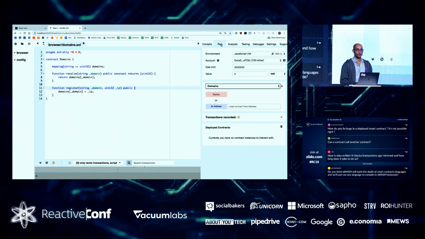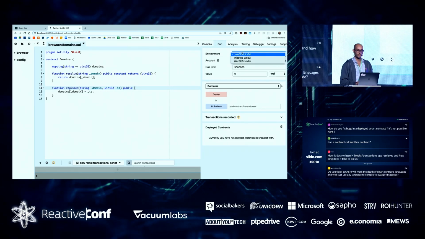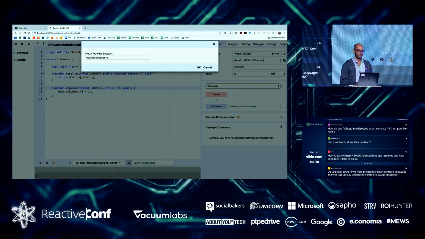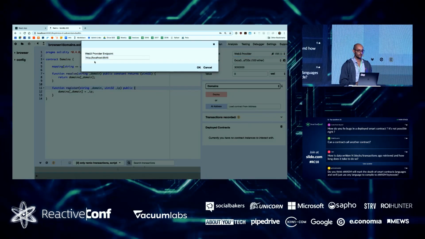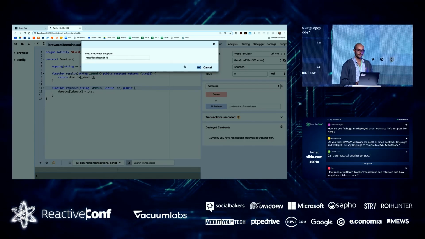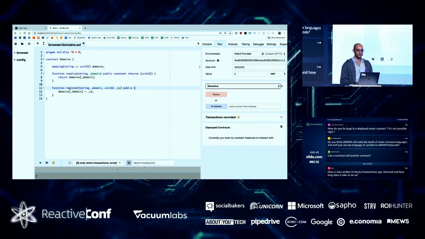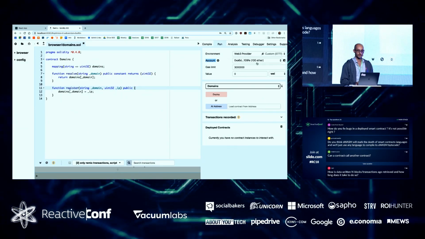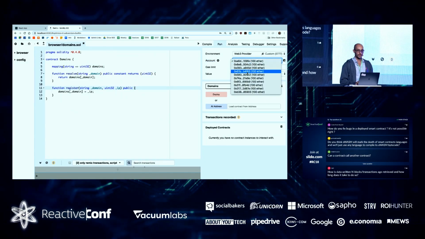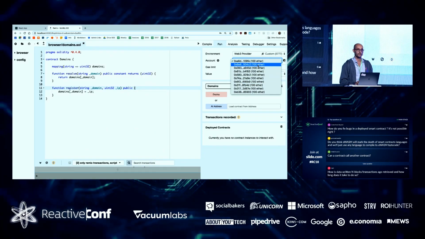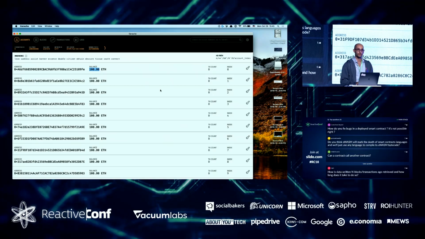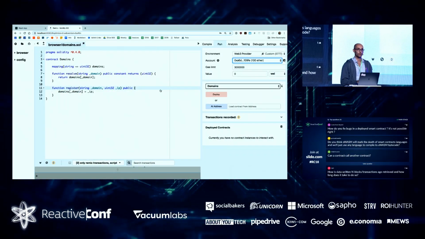So in my case, I have a local network. So I'm going to connect to it. We're going to the web provider and connect to localhost. And let's see what happens. If you watch the right side of the screen, I'm trying to zoom in unsuccessfully, unfortunately, you will see we have a list of accounts with 100 Ether inside, which are exactly the accounts we had in my Ganache. So I'm connected to my local node.